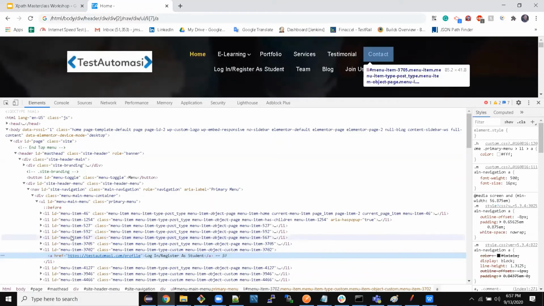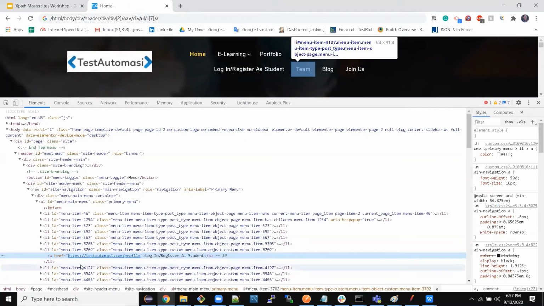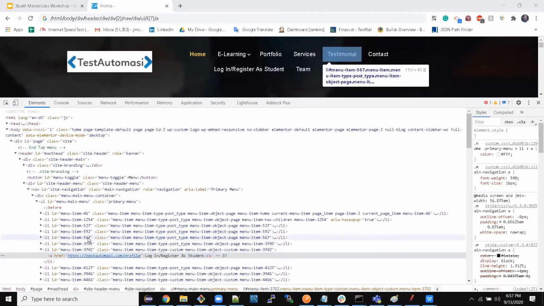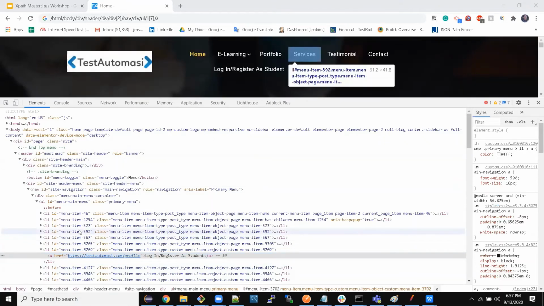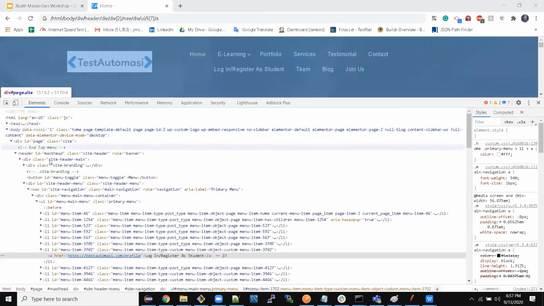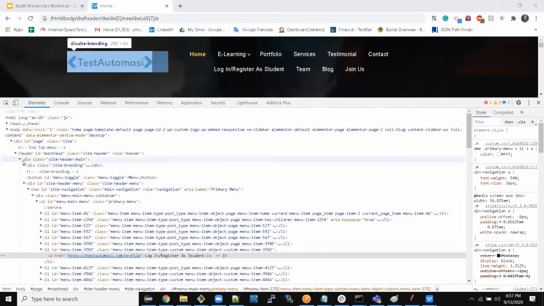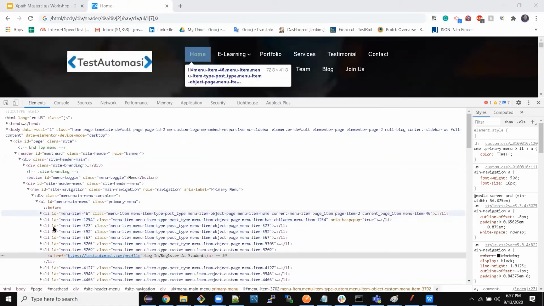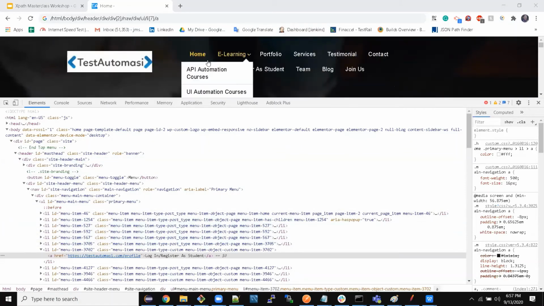What is the problem with this? Let's say in future, a developer makes a change and adds some new div in this particular node structure. Let's say he adds a new div after site title, or he adds a new list item here, I can add one more item after home.